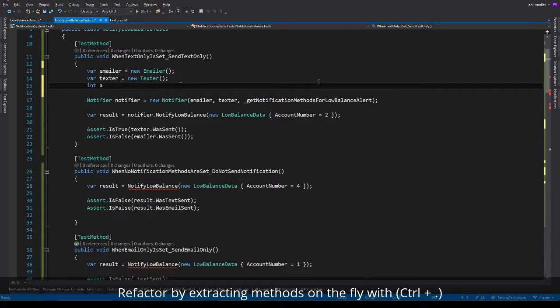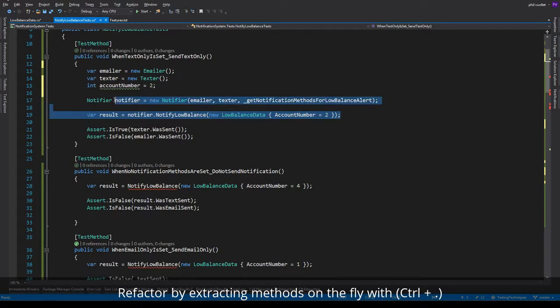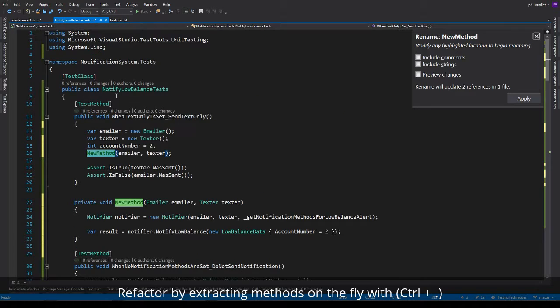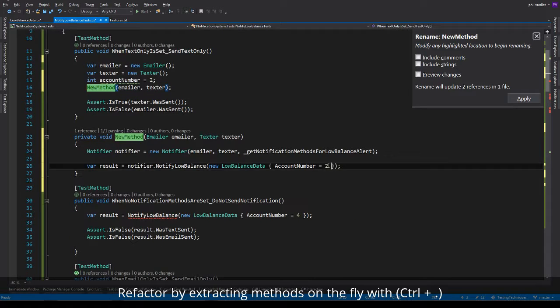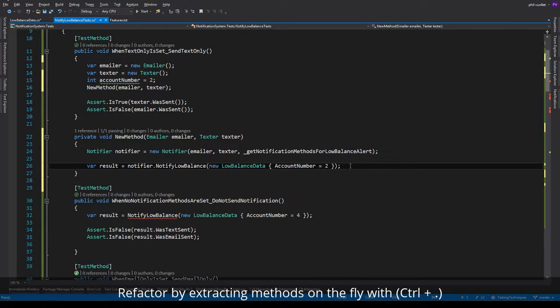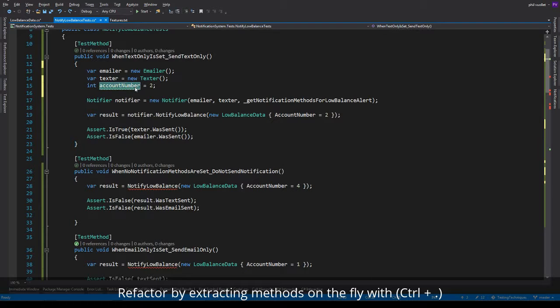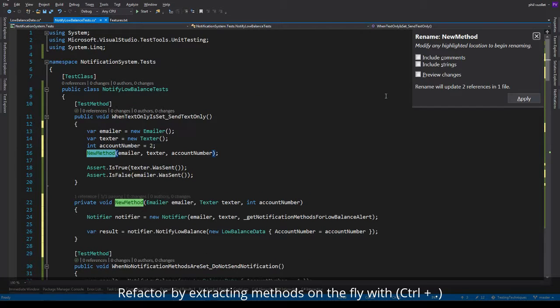So let's go ahead and do an account number. I'm typing this on purpose this time. Normally I would just put var here, but there's a reason why I'm doing this. If I just go ahead and highlight this and do Control period and extract method, now we're kind of locked into the number 2, and I don't want that. So I'm going to undo that. I'm going to flip this, put this account number in there. Now it's going to give me the right thing. It's going to say, there we go, okay,